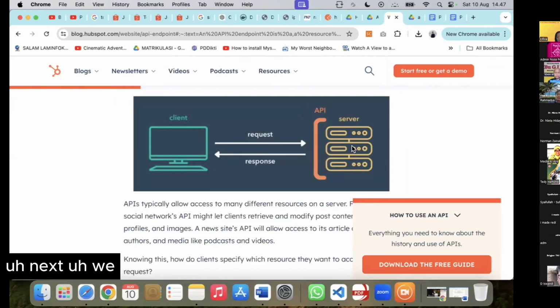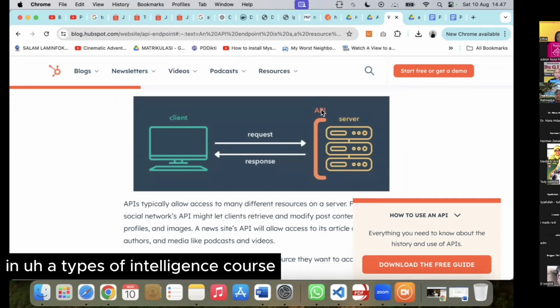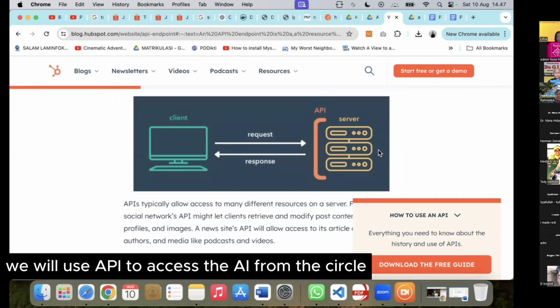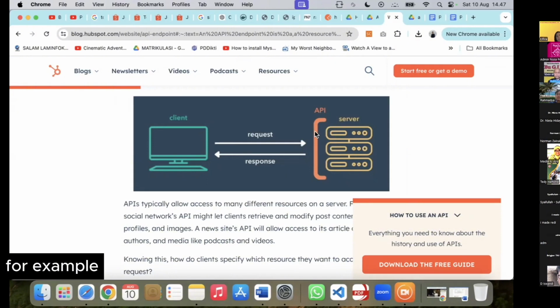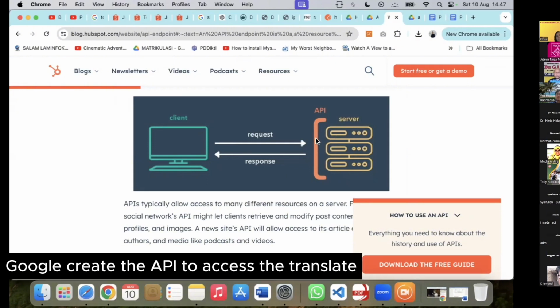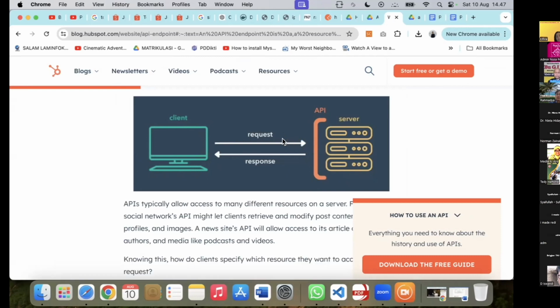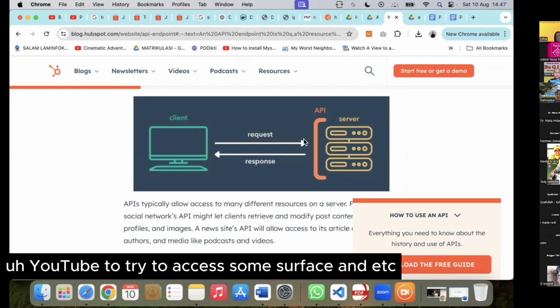Next, in the artificial intelligence course, we will use API to access the AI from the server. For example, Google creates an API to access Translate, YouTube to access some services, and etc.